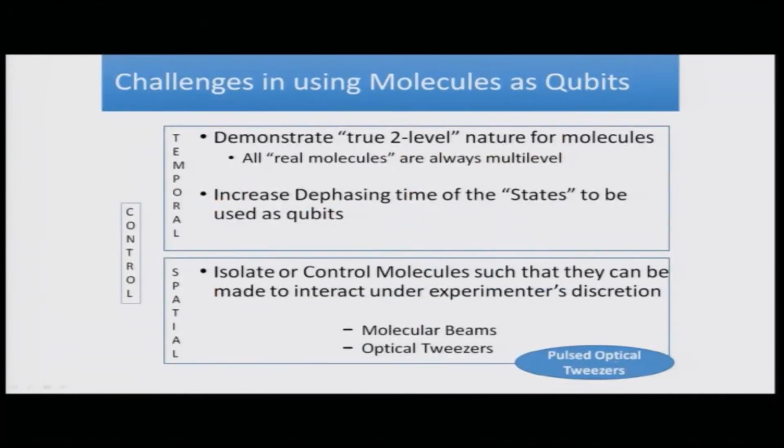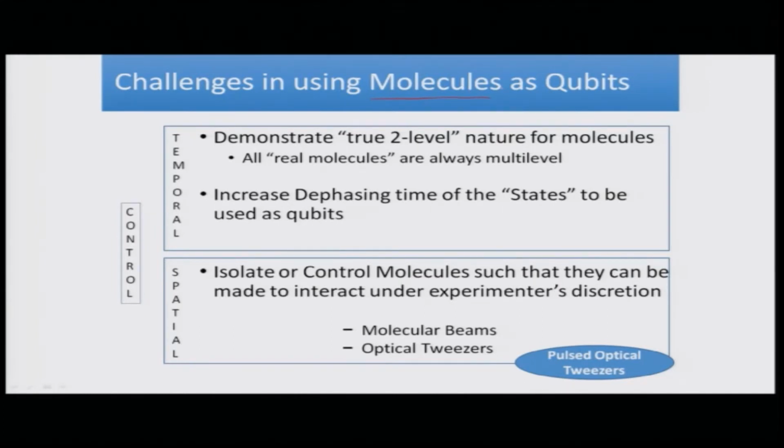These are also very important as we would like to make molecules as our qubits, because molecules are richer in terms of handling as well as interacting as well as the number of states concerned, and so they would become good